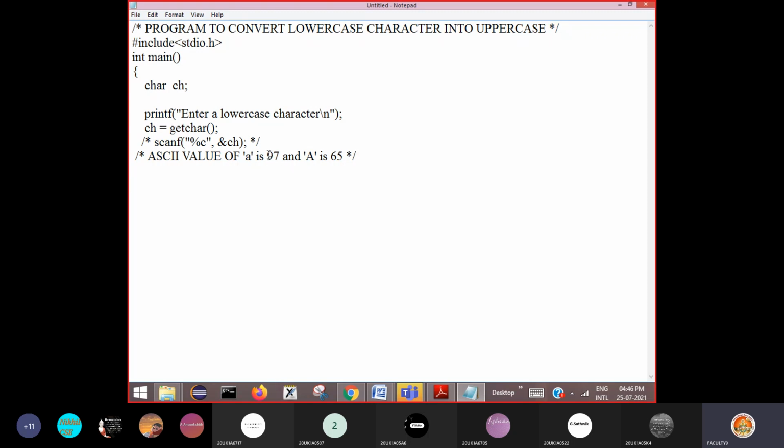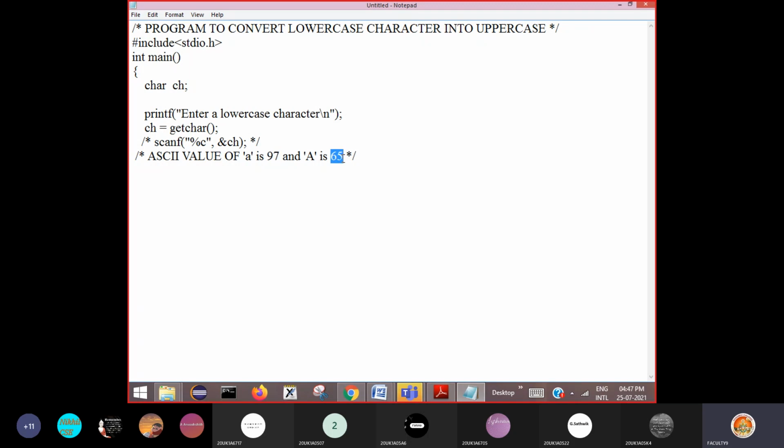For example, if the user has entered a lowercase character, small a, internally it will be stored as 97. If you want to convert that into an uppercase character, you have to make that number 65.